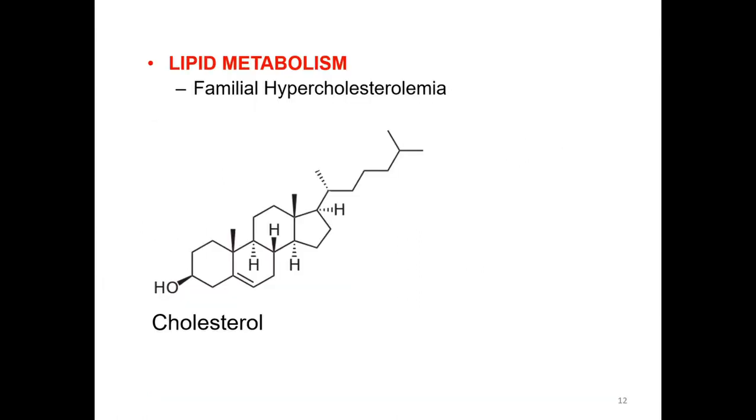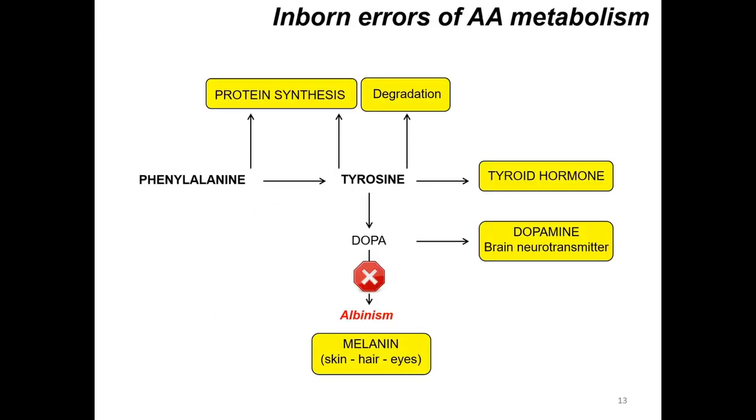And we're only going to talk about one example of these type of disorders where there's alteration of pathway regulation. An example we're going to talk about is familial hypercholesterolemia. So we'll talk about that later on. So if we go back to our first group of disorders, the classical inborn errors of metabolism, we'll look at